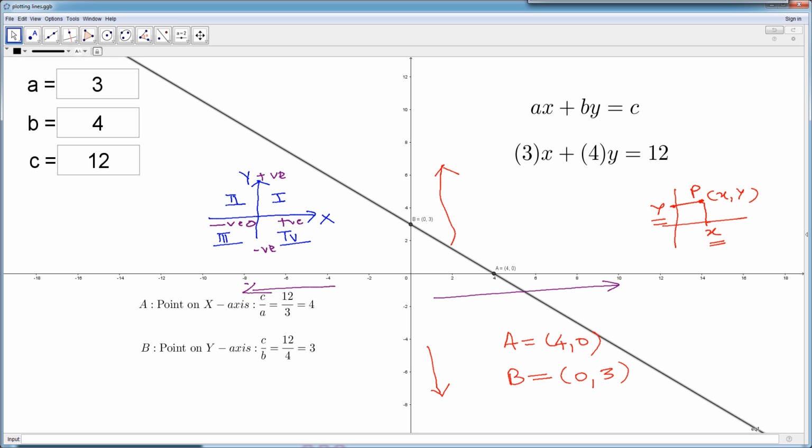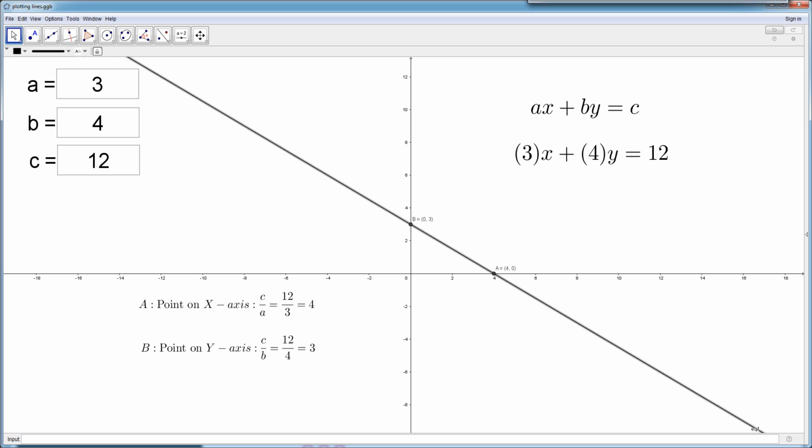Towards the right of the origin on the x-axis we have positive numbers. Towards the left of the origin on the x-axis we have negative numbers. In the upwards direction on the y-axis we have positive numbers, and in the downwards direction of the origin on the y-axis we have negative numbers. Any point has 2 coordinates, the x coordinate and the y coordinate. With this, let us proceed to the next example